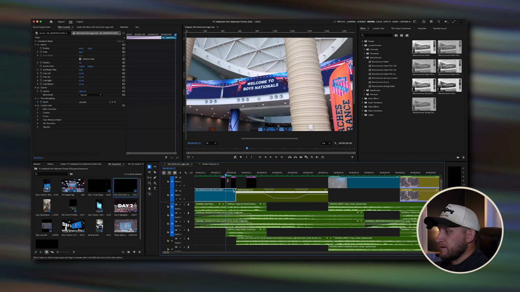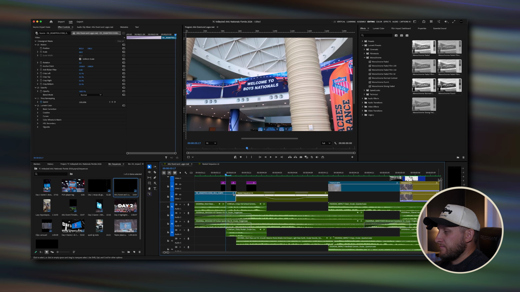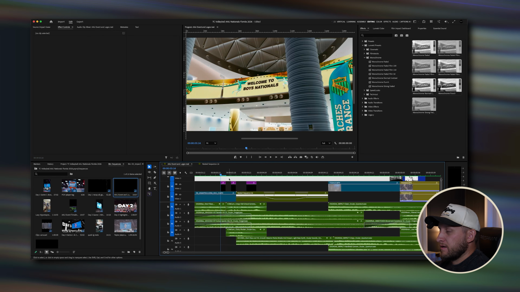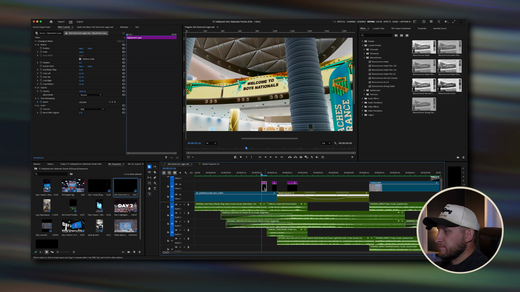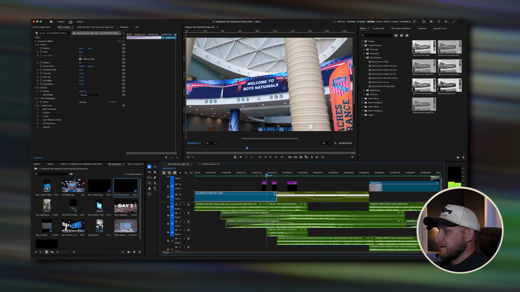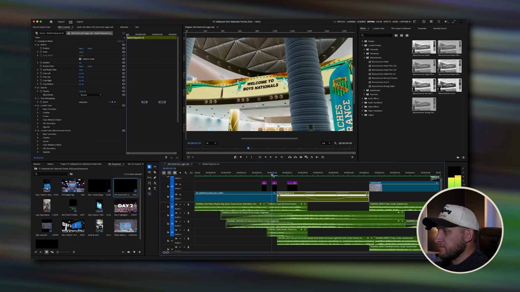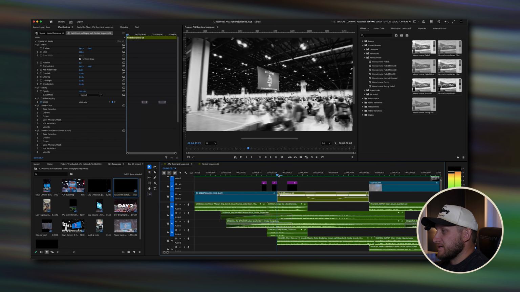So these purple clips right here, these are just adjustment layers. And what I've done was a couple frames before the intro Welcome to Boys Nationals started, I pulled this adjustment layer, and over in my effect controls, I'm going to be showing you the effect controls a lot, so pay attention to that. I have this invert effect, which literally just inverts the colors. It's nothing crazy, but I like to do that because it adds a little bit of a flash. And then I did a 1 frame flash invert, and then nothing, and then the same thing. So 1 frame, nothing, another frame of it,